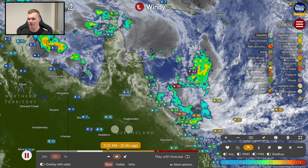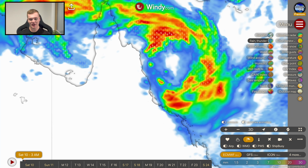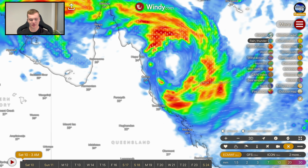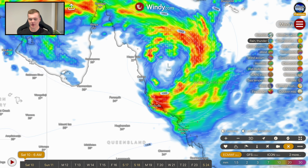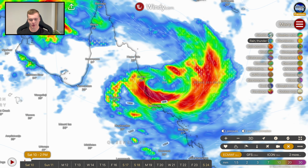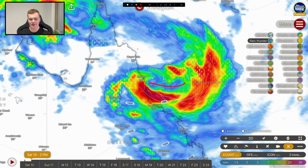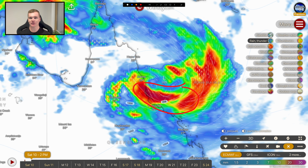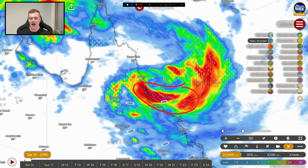Let's touch on the forecast right now, because there is a lot to get through. It is a complicated one, let me tell you. We'll just turn these off here so that our focus is on the rainfall. As you can see with this low pressure system tracking down towards the south throughout the course of today, you can see that rain band on the southern side of this tropical cyclone really developing through the afternoon hours. We're expecting this to really get its act together in the next couple of hours or so,